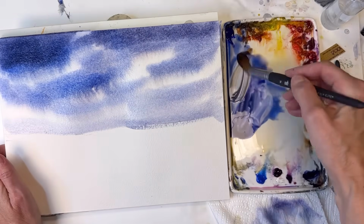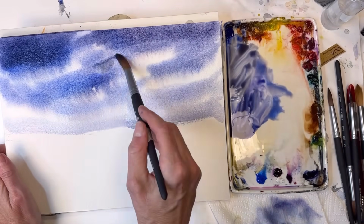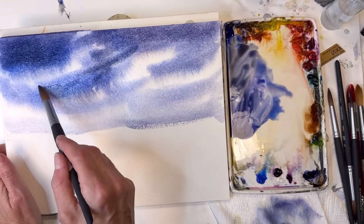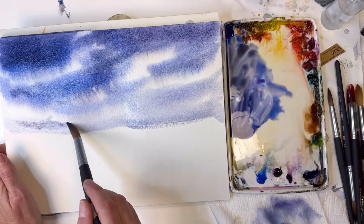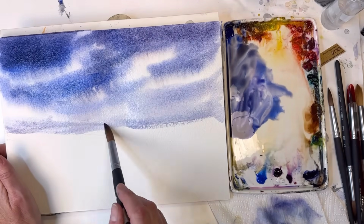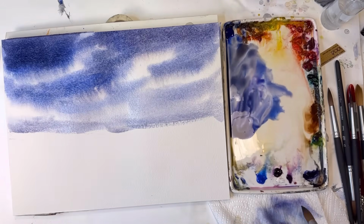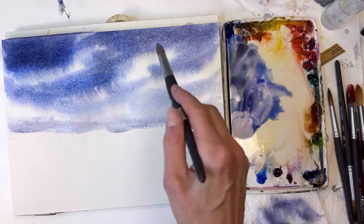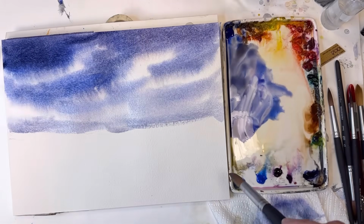Add a little more burnt sienna. Gets a little grayer. Put some of that color here. Just do little dabs down in here, underneath those white areas. I always felt like the wet on wet works better than wet on dry. It's faster, it's easier. And really the sky is just supposed to be the background. It's not the main show. It's part of it in this one, but...